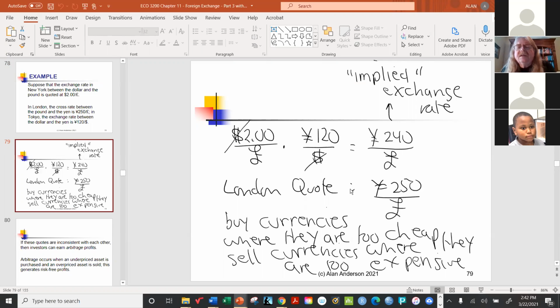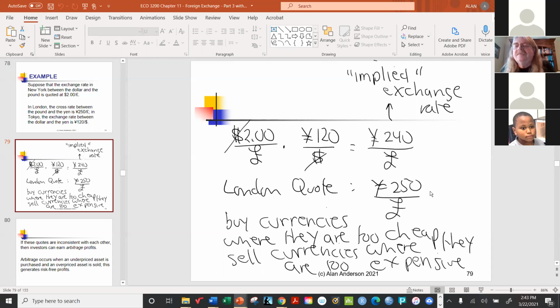Ultimately we're trying to buy something that's too cheap and sell something that's too expensive. So like here, for example, this London quote suggests that each pound that we have can be traded for 250 yen, which is more than they should be. So that means that what we want to do is acquire all the pounds that we can get our hands on and use them to buy,